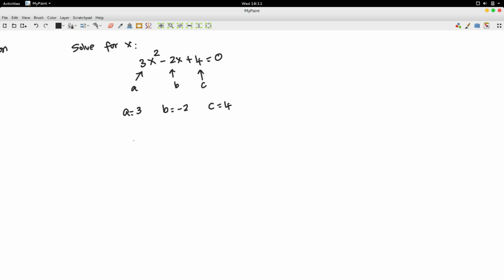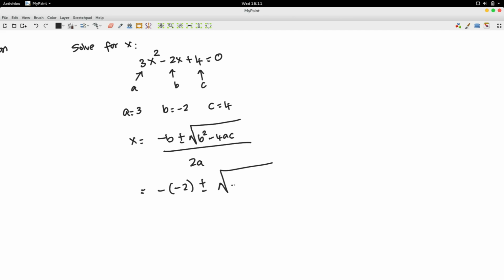The solution is given by minus b plus or minus square root of b squared minus 4ac over 2a. All I have to do is plug in. So I'd get minus of minus 2, I'm plugging in b, plus or minus square root of b squared, which is minus 2 squared, minus 4 times a is 3, c is 4, divided by 2 times a, which is